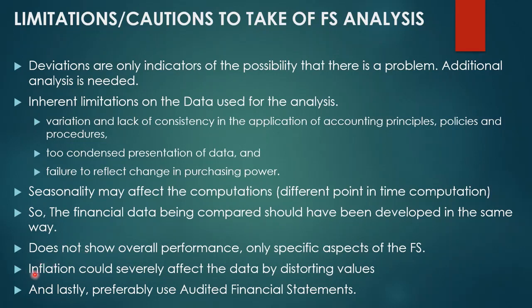Six is inflation would severely affect the data by distorting values. So, because alam natin sa inflation, nagmamahal ang mga bagay. Bakit? Kasi tumataas yung presyo ng mga bagay kasi yung value ng mga bagay is bumababa. Kaya, yung purchasing power or the amount na kailangan natin bayaran to purchase that stuff or things lumalaki. And because of that, it distorts the true value